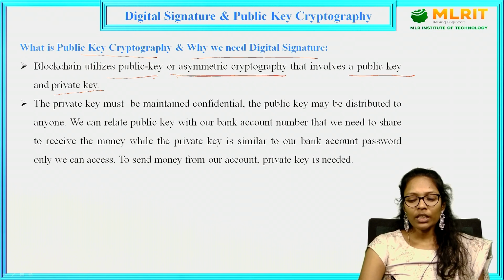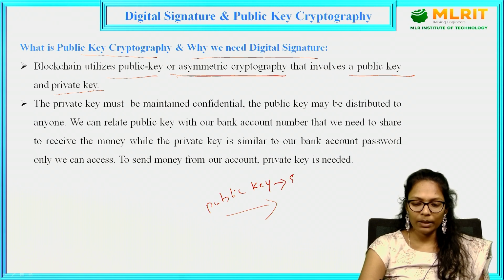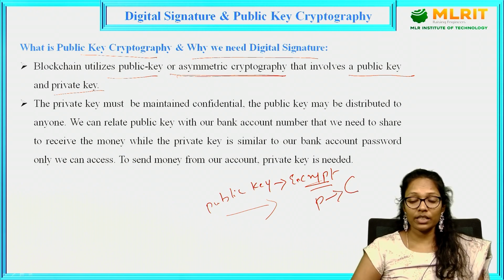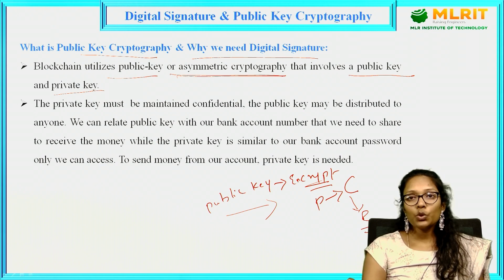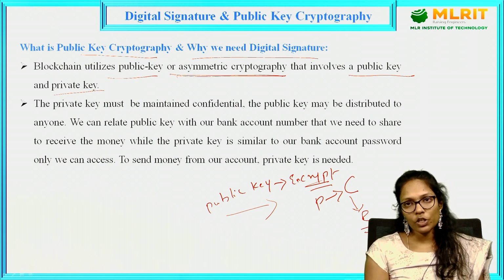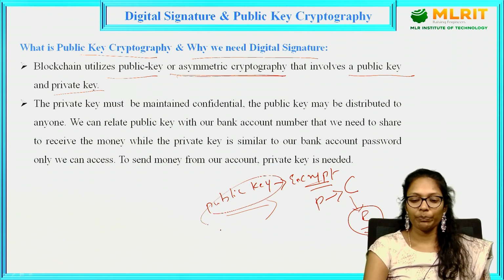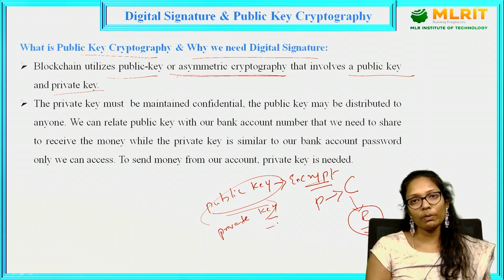Generally, to send the information, it uses the public key. The public key is used to encrypt the message. Encrypt in the sense that the plain text will be converted into ciphertext. Now this ciphertext will be transferred to the receiver. Then to decrypt this message and get the original message, the receiver will decrypt it using the private key. In this way, the public key and private key are used in the public key cryptography